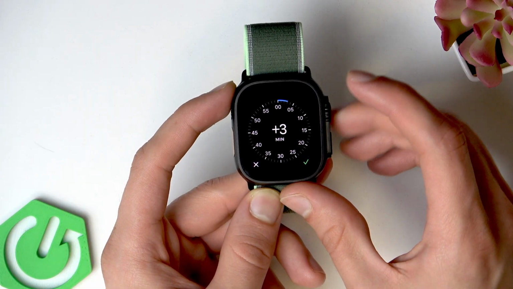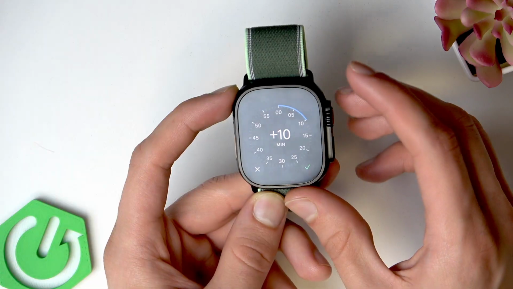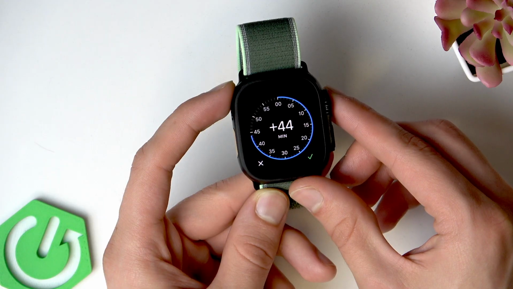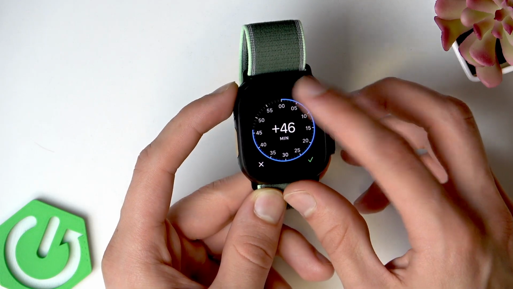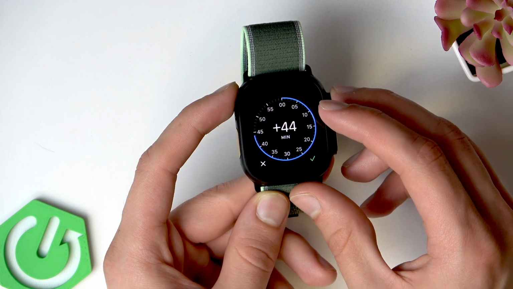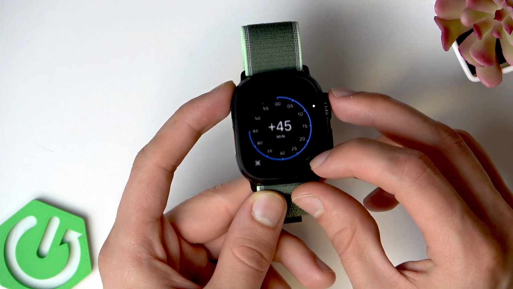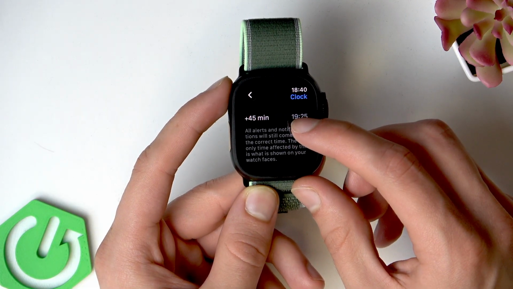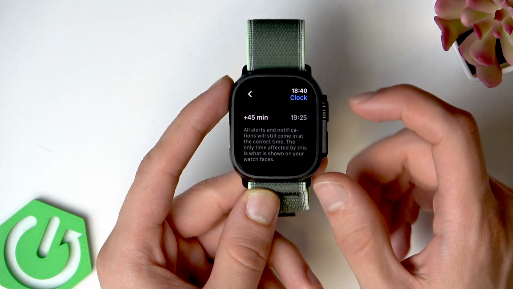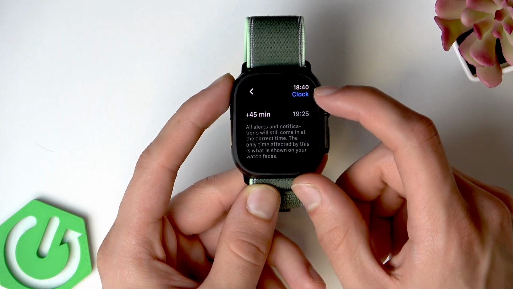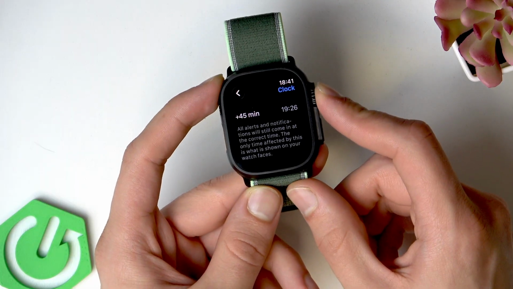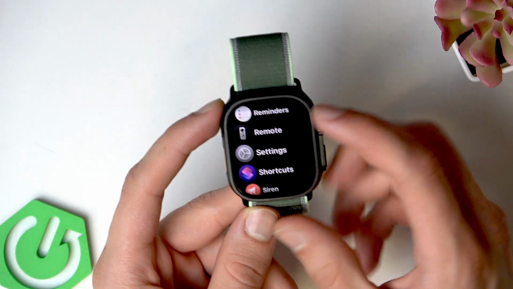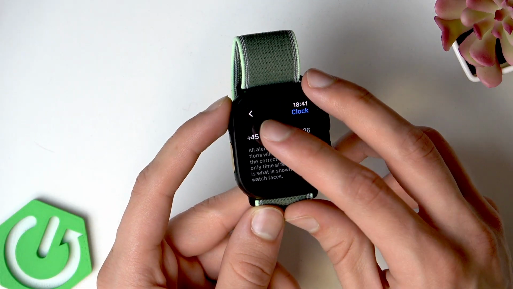And now by scrolling the digital crown you can add minutes to your current time. So for example, let's add 45 minutes and press OK in the bottom right corner, and right now it will display 19:25 instead of 18:40. So as you can see, the time has changed, and now you can change it back by selecting the